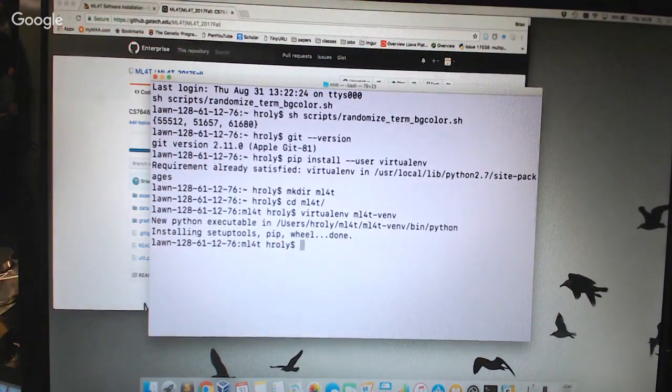Now that you've installed it, you have to activate it. So this is an important step. In order to do that on Mac, you type source, and then in the directory that you just created, mine is ml4t-venv, there's another directory called bin, and inside there's a script